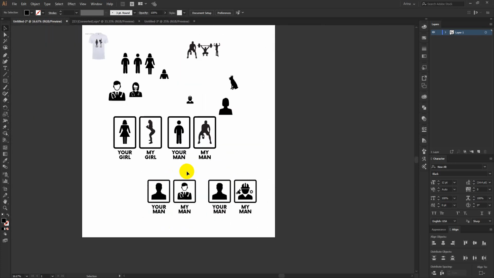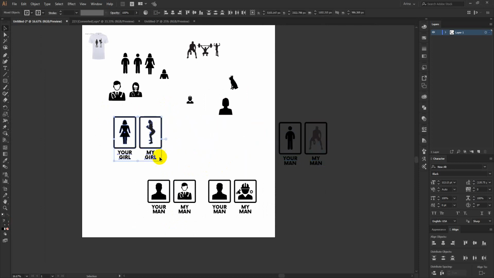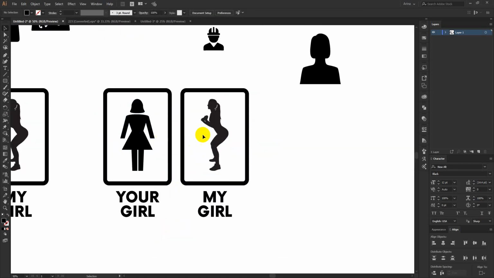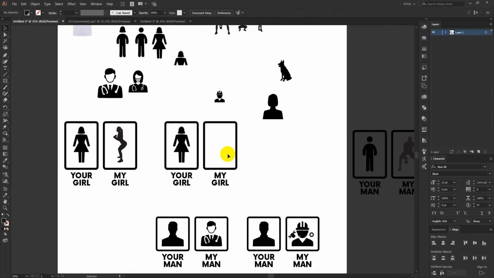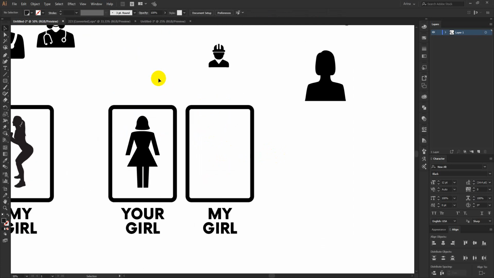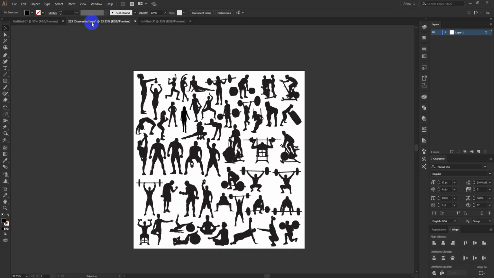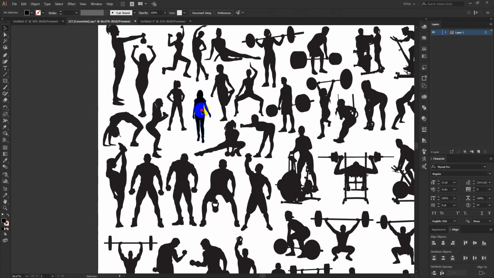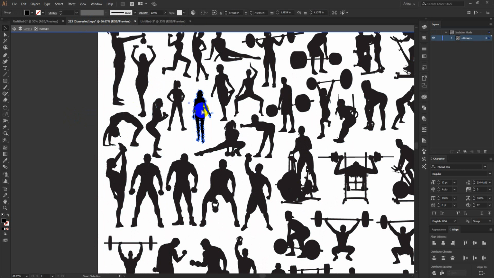And now if you want to do some advanced level work, that is kind of targeting specifically, like if I take this image here, I am going to change this into a dog niche. Like this is your girl, a normal girl, and if I make a dog girl here, something like maybe, okay, this bundle I downloaded from Freepik, and I got those silhouettes from there. So I need a standing girl type of design. Okay, maybe this one will work for me. Now I am taking this one,